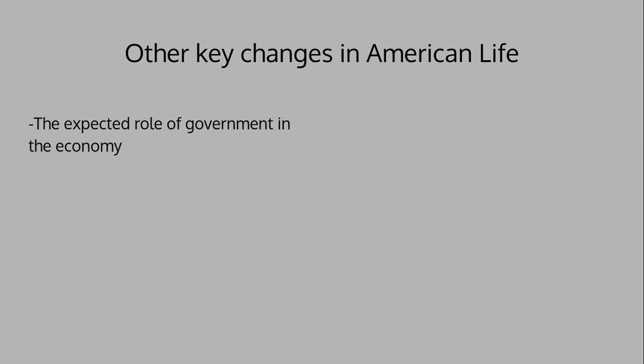Now, just a few other changes that took place in American life. Nowadays, it's becoming more and more common for people to look to the government to help solve a crisis. I mean, look what's going on now. The government's very much in direction of what's going on, and in an indirect way, it's having a big effect on the economy. These days, the question isn't should the government intervene, but how should the government intervene in this particular problem. So that's one thing.